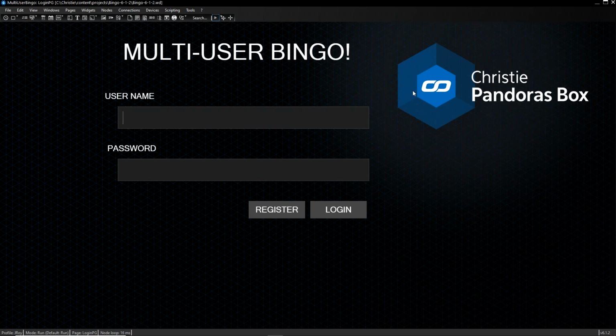So what that will do is bring us to a login page. And if you don't have a username and password, what we can do in Widget Designer with the multi-user sessions, the first thing that we'll notice is anyone who's